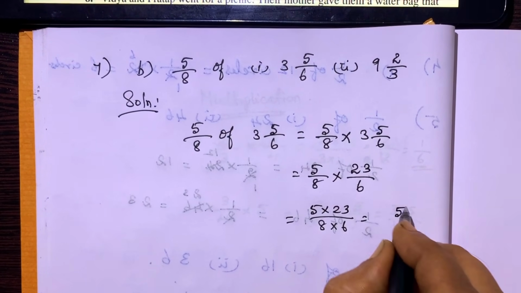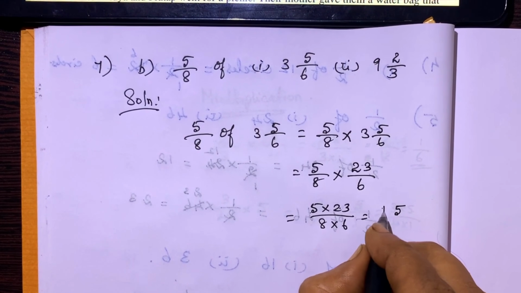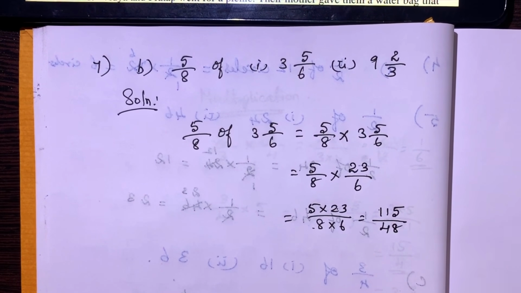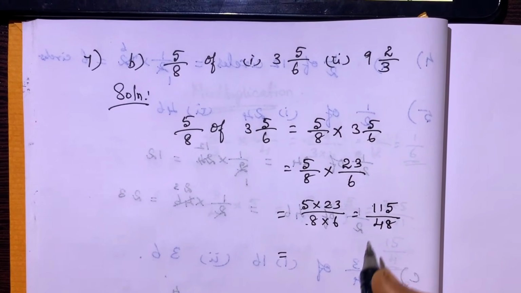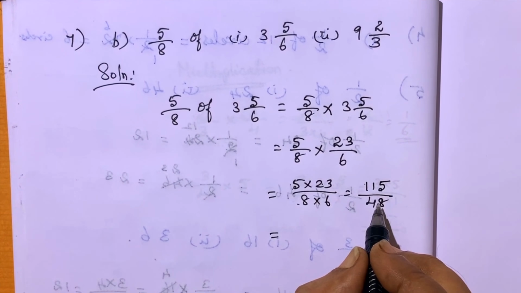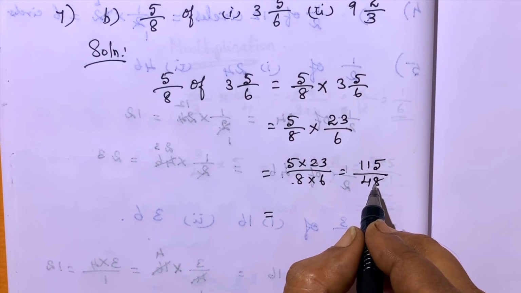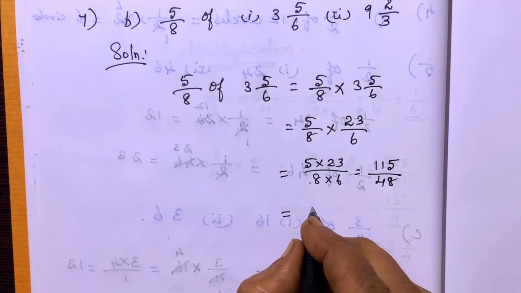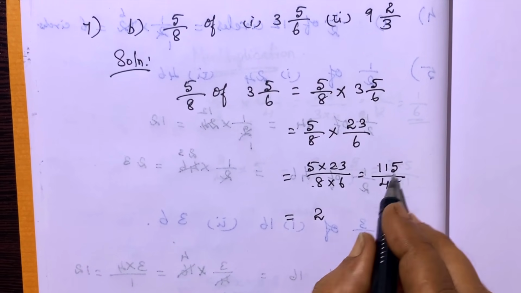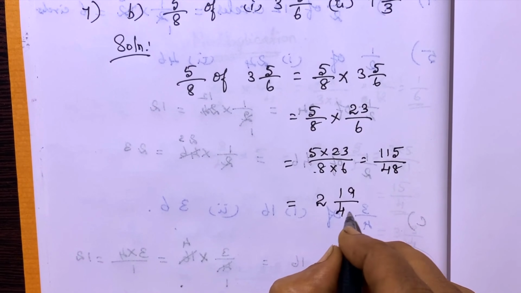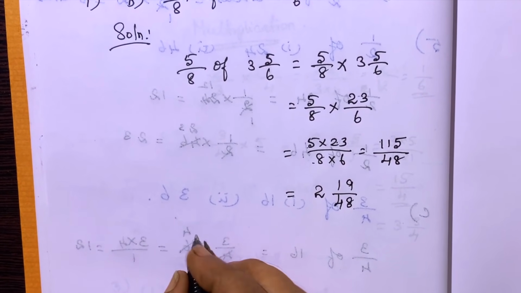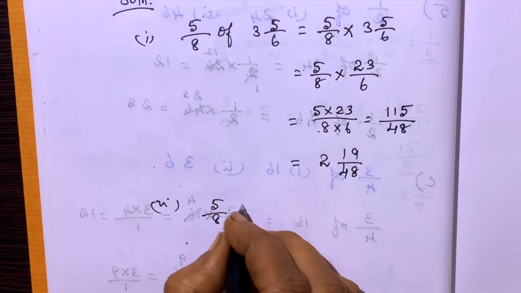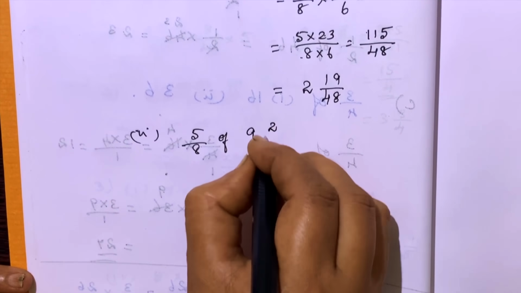5 23s are 115 by 8 6s are 48, which is equal to, better convert into a mixed fraction. So 48 2 times you will be getting, 2 48s are 96. So 96, remaining 19, 2 19 by 48. Now next one, this is the first subdivision, second subdivision also 5 by 8 of 9 2 by 3 is